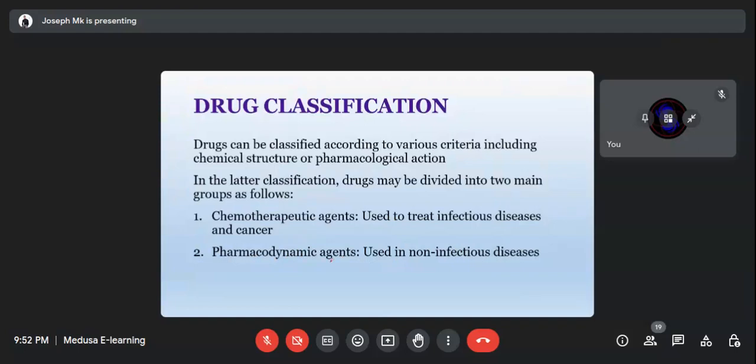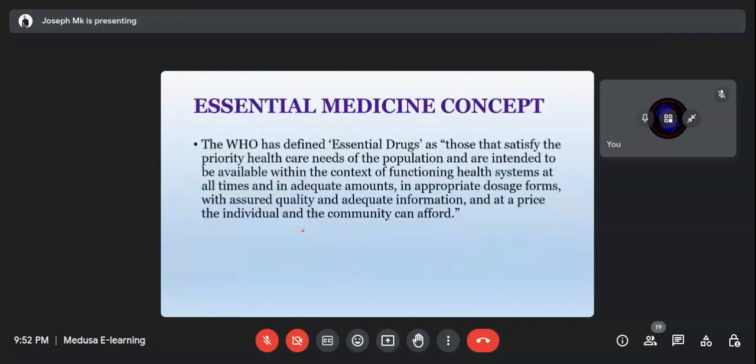Like we said earlier, with pharmacodynamic agents, you'll find that they create effects, you can see them even on the body, the side effects of those same drugs. But with chemotherapeutic agents, it is very rare that you are going to see the effects on the body of the recipient of those same drugs. Yeah, I'm sure this one is clear. We talked about it earlier. Yeah.